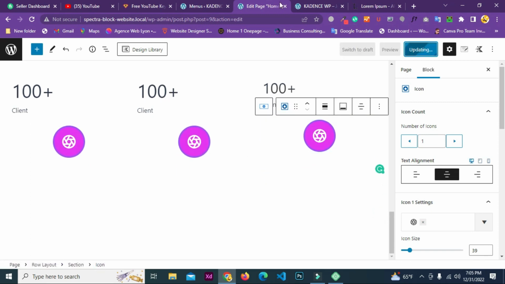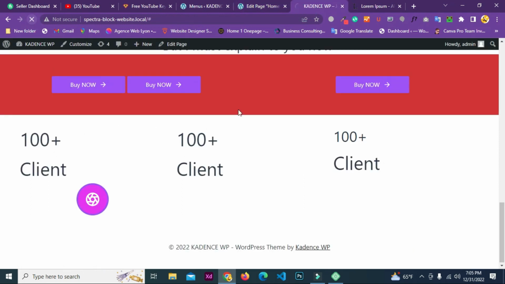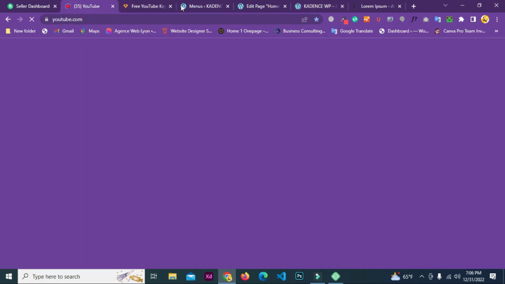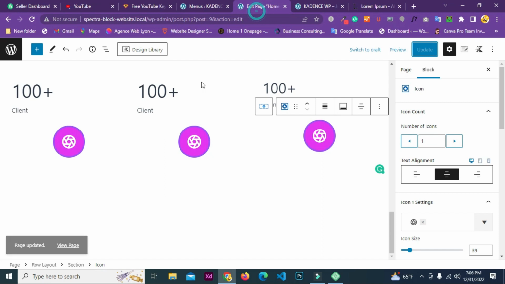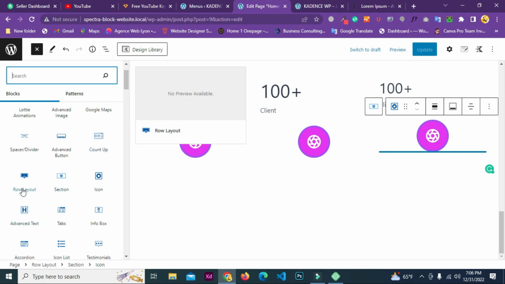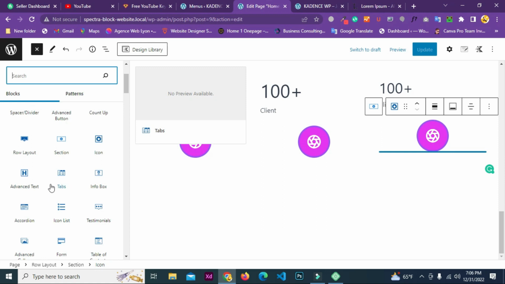Can paste here, so we can see the icon. Now we see another feature of Kadence block. We can also see advanced text. If you want to add a tab,